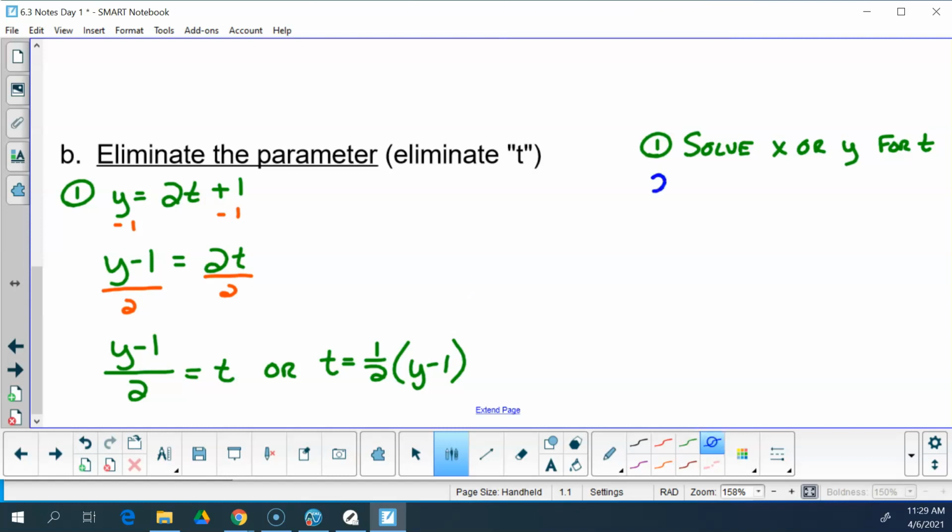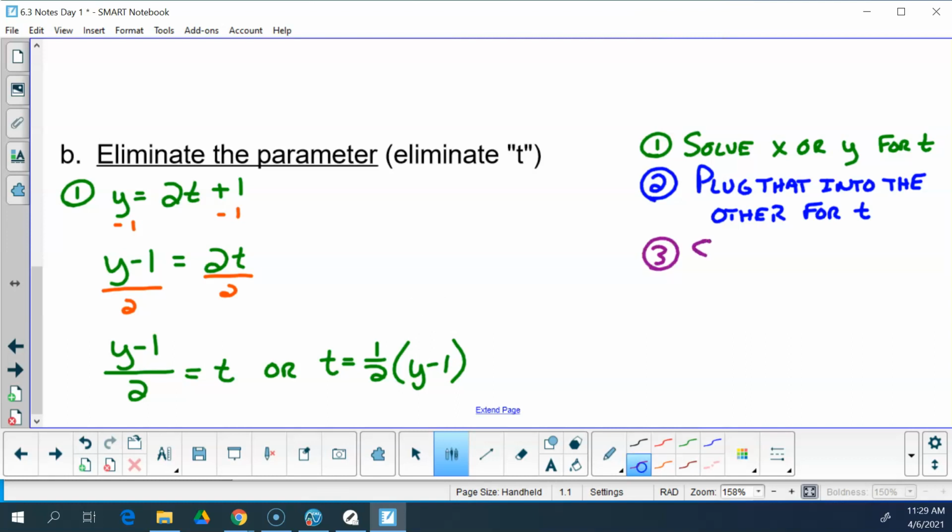Step number 2 says we are going to plug that into the other. So we're going to substitute for t, and then we're going to simplify. My other equation was x equals t squared minus 9. So if I plug that in, I get x equals